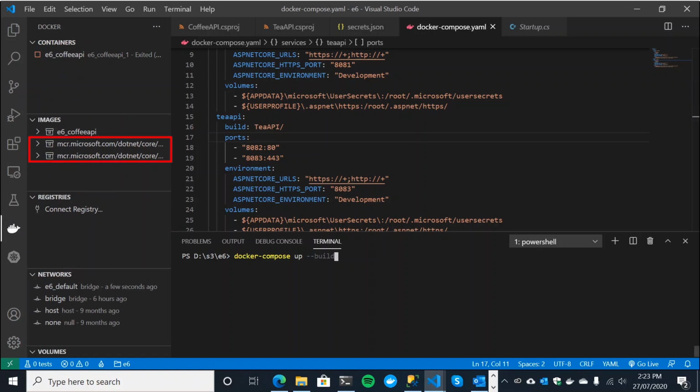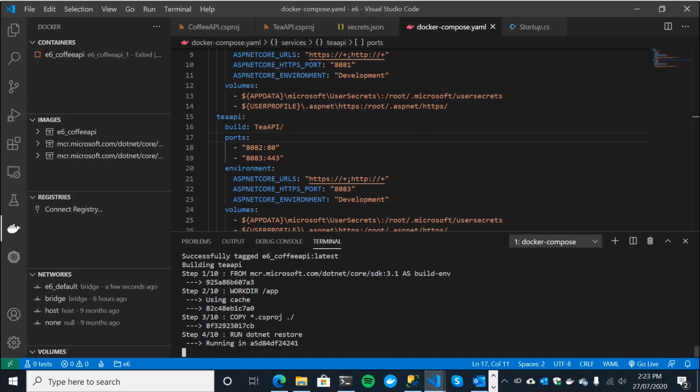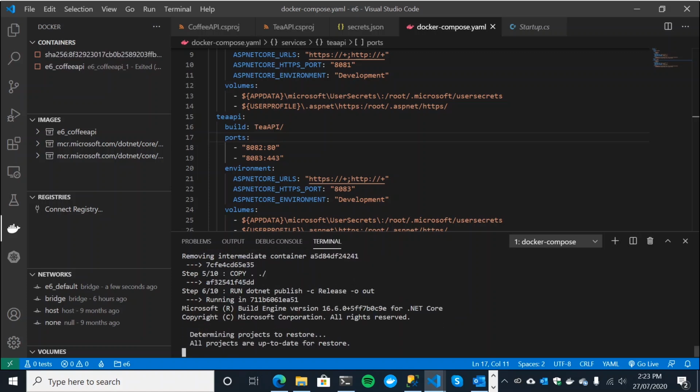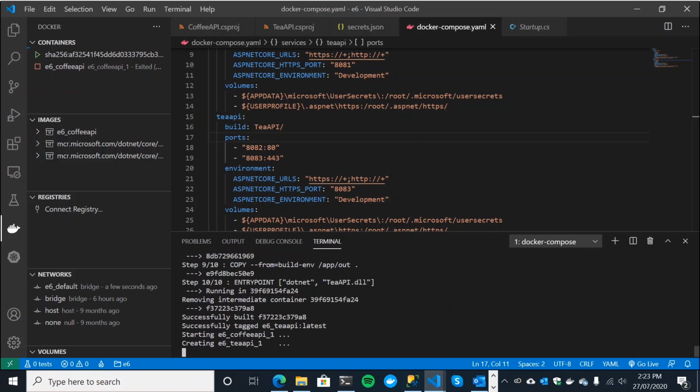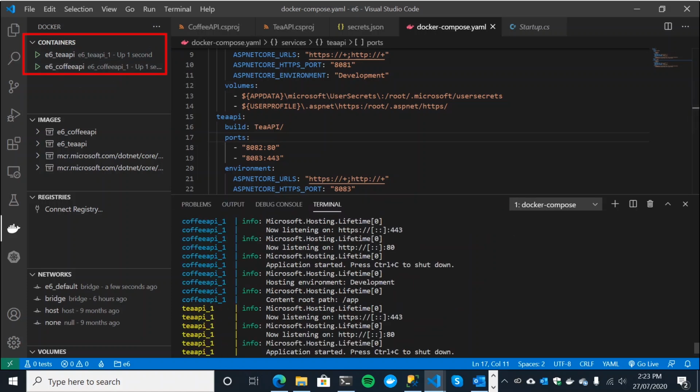Now this should be really quick because we've already got our base images, so it doesn't need to pull them down. Let's go away. It's building Coffee API, cool. And that's really quick. Now it's building Tea API, and it should be equally as quick, to be honest with you. And unless we've made some horrible mistake, there we go. So they're both up and running. Tea API is up and running, Coffee API is up and running. And you can see here, nicely color-coded differently. Ports are exactly the same, 443, 443, 80, but the external ports are different.